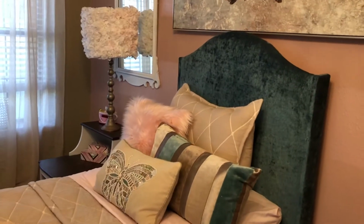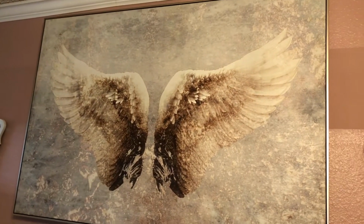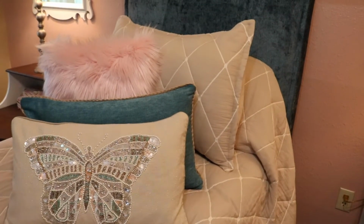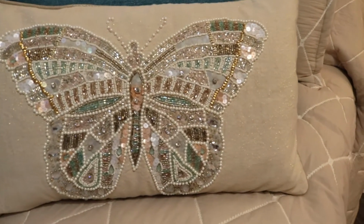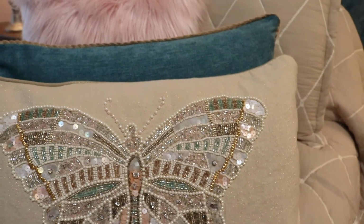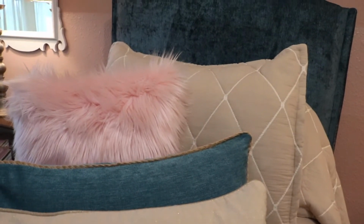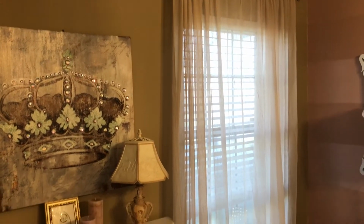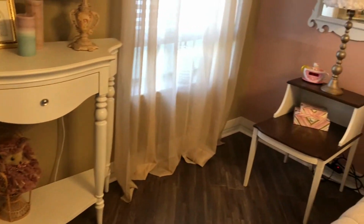Some books here that were added, a DIY on those, beautiful wall art, some beautiful wings. Just a lot of different textures and color mixes going on. And I always like to leave space in the room for the client to add all of their personal mementos to the room as well. As you can see,